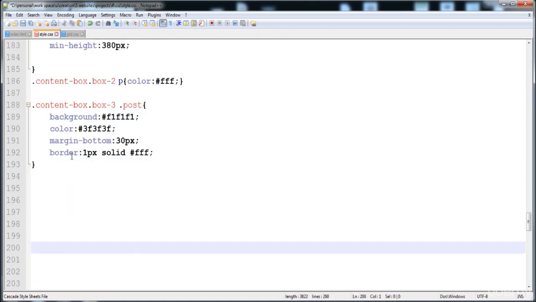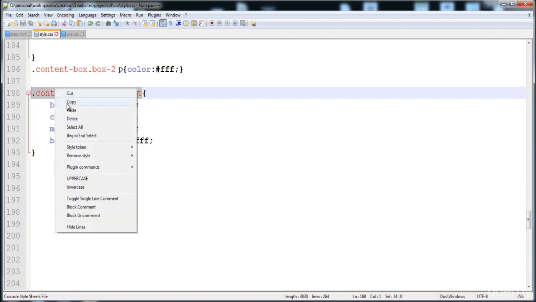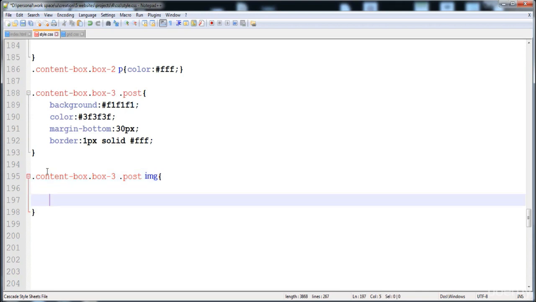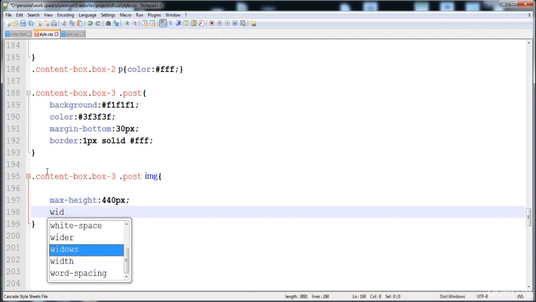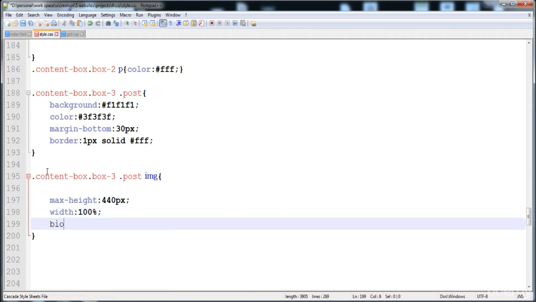And now give the style to the image that is inside the post. Here is copy this, here it is image, give it the width and height. Here is maximum width, maximum height 440 pixel, and here is the width 100%, and here is the border, here is none,